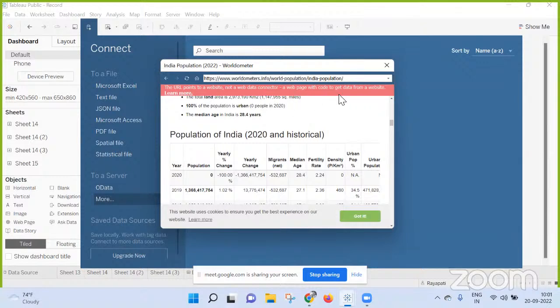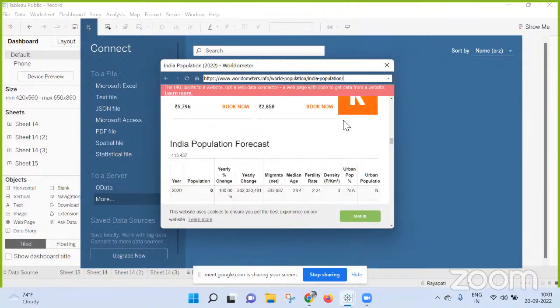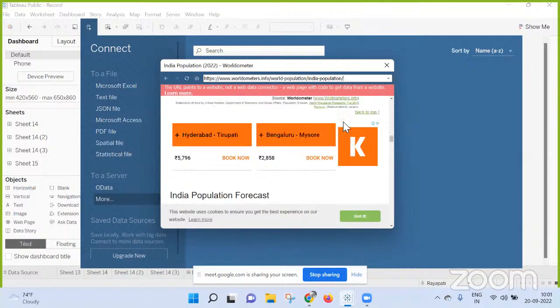I go to get the data from the website. I don't think this web connector is helping here. I worked on this before, but